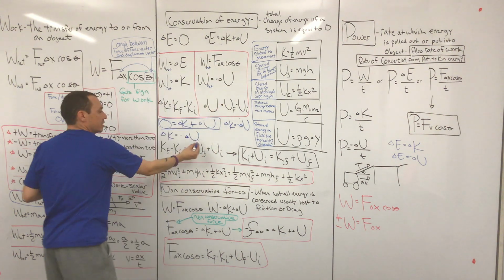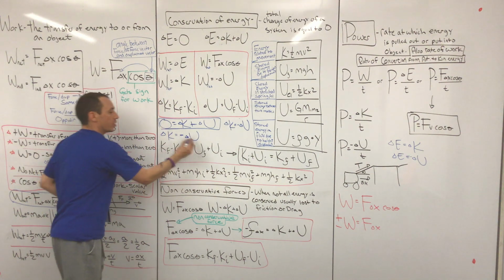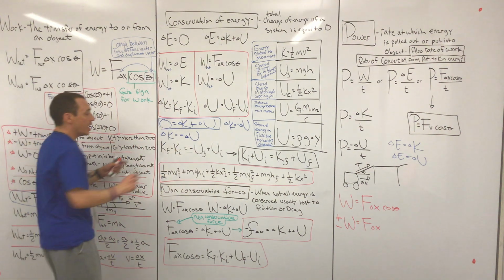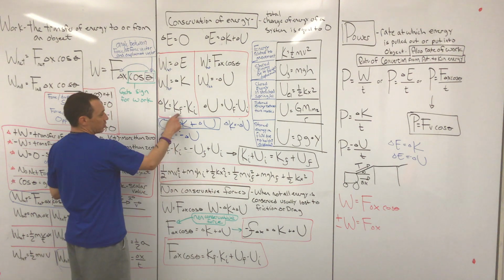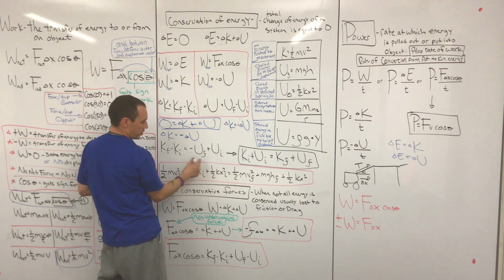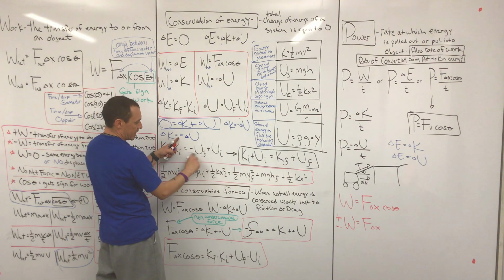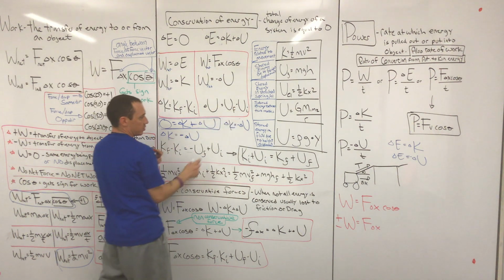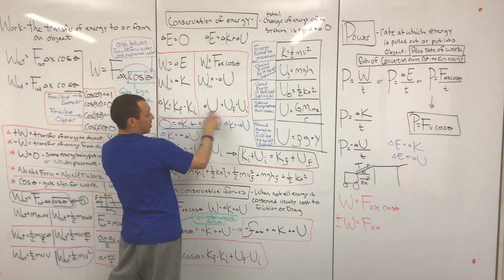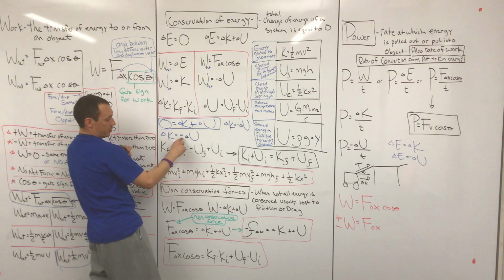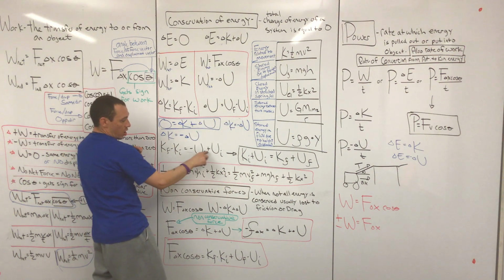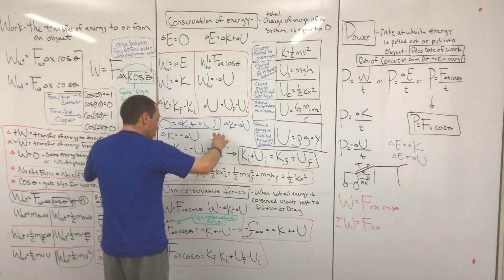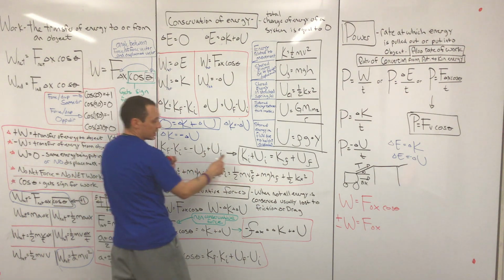So it's a fundamental thing that we want to have in our head to kind of think of it that way. And then when we expand this out, change in K is equal to final minus initial, change in U is final minus initial, but since it's a negative, the signs flip, right? So this turns into a negative, that turns into a positive. It doesn't in here because that's just the change, but since it became negative when we subtracted it over, all those signs change. And then what we do is we combine initials and finals together